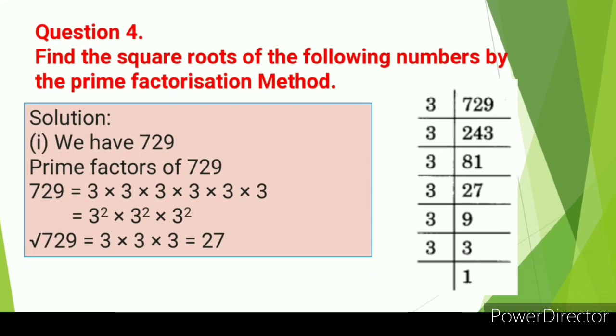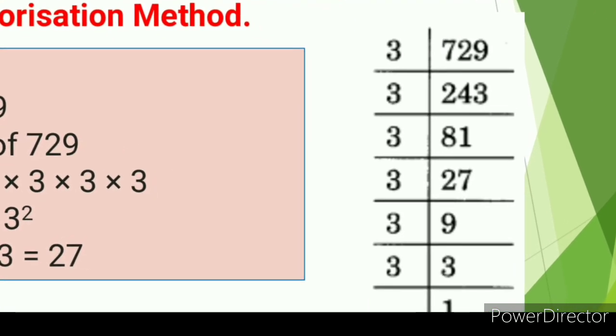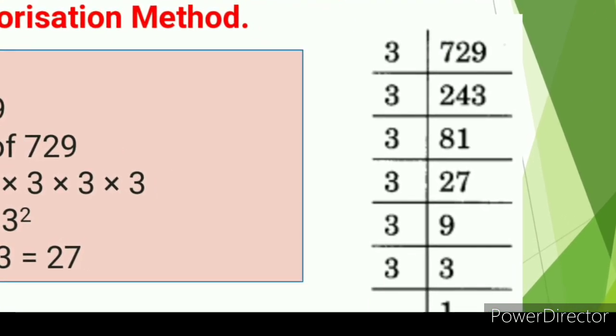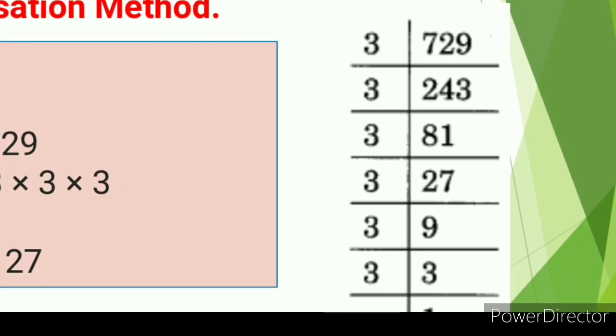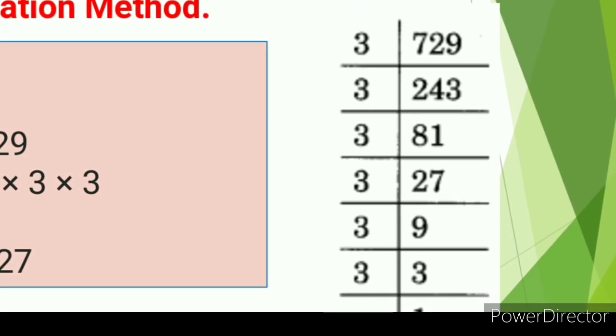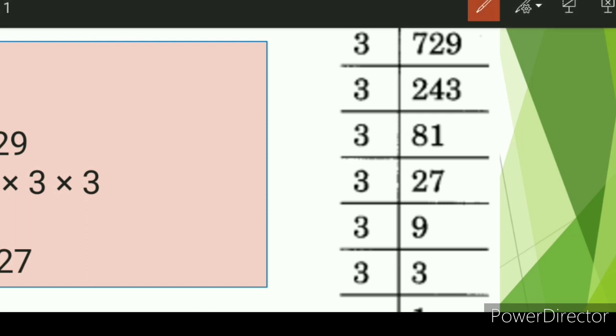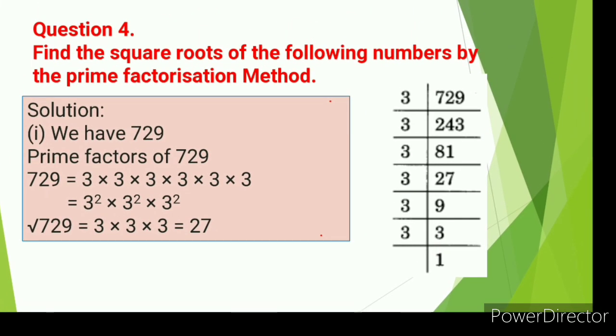We'll go back to our question. The first perfect square is 729. 729 is an odd number, so we can divide it by 3. While finding the factors, each factor should repeat 2 times because the given numbers are all perfect squares. For example, this 3 is repeated 2 times, this 3 is repeated 2 times. When it is a perfect square, the factors repeat in pairs. A non-perfect square will not repeat 2 times. So you find all the factors in this way till you get the quotient 1.